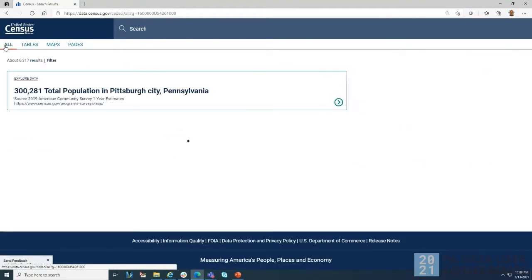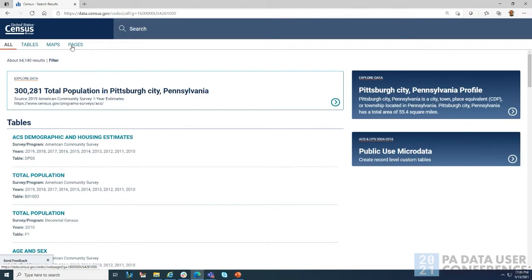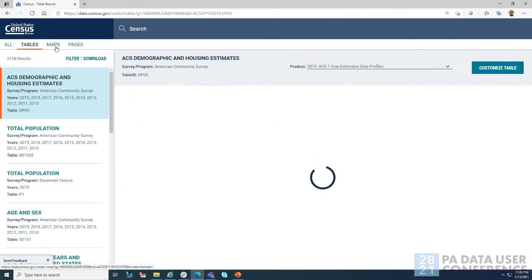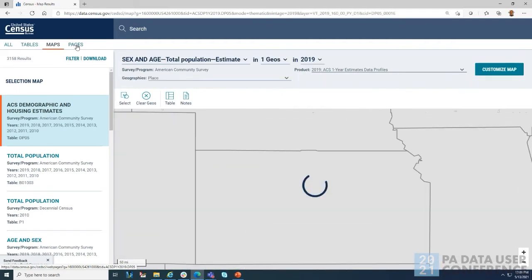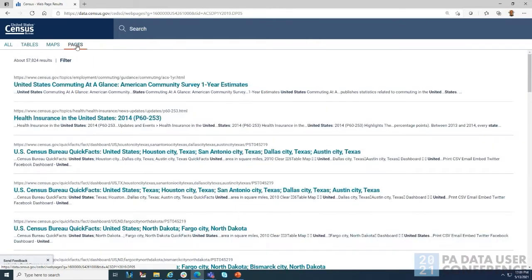Also the advanced search place page, how you can flip through and look at things, pulling up tables, looking at maps, and then also pages, which is something very recent that we're working on, which is part of that integration. Eventually we will be the search that takes over for census.gov. So you won't have to go to a separate site of data.census.gov.